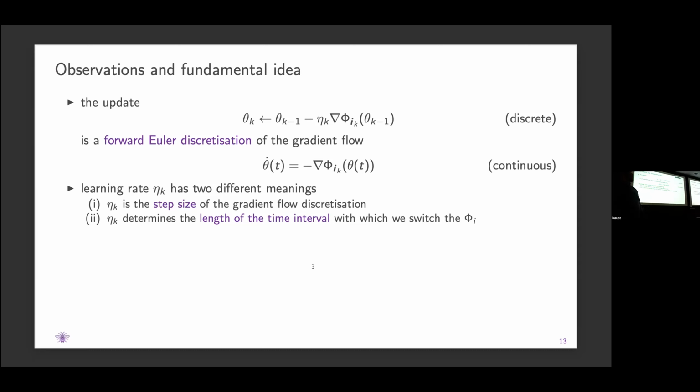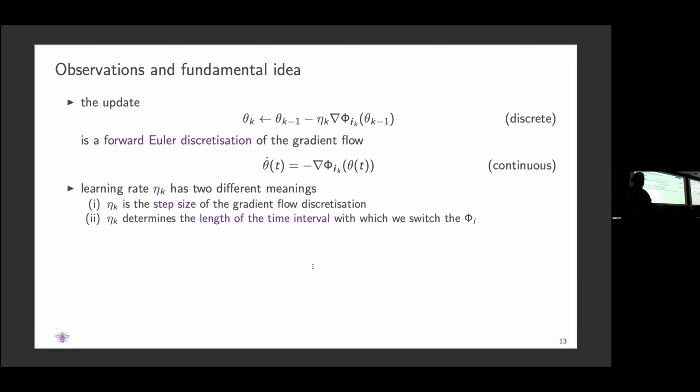Okay, so if we look at single steps of the stochastic gradient descent, we see that they are Euler discretizations of certain gradient flows, just not with respect to phi bar, but with respect to one of the phi i's. And the idea is now that the step size, or learning rate, as it's called in this machine learning setting, they